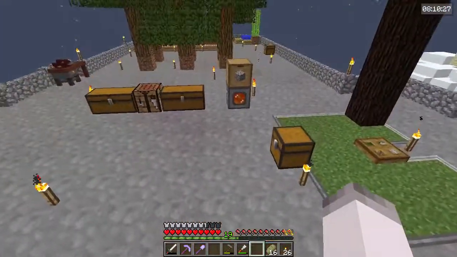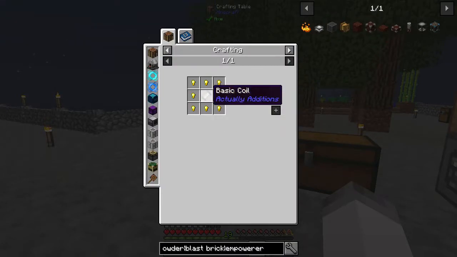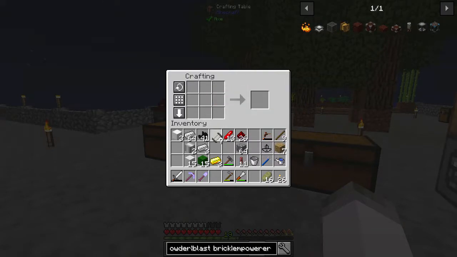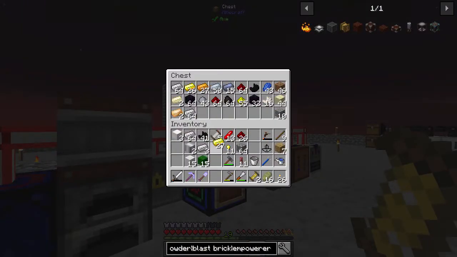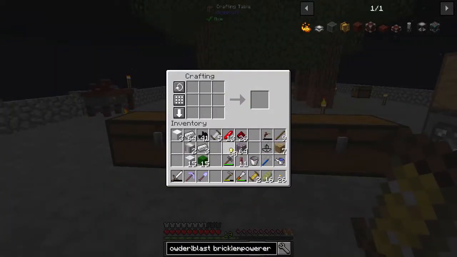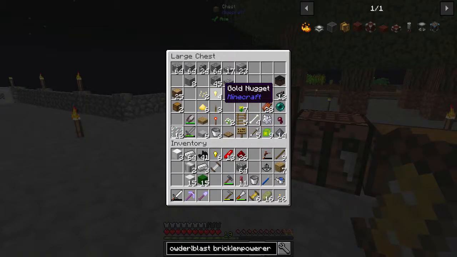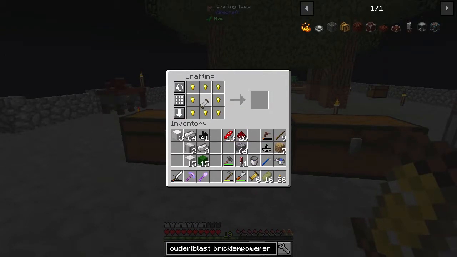So with that taken care of, we need 5 advanced coils, and those require advanced coils as well. So we need a total of 7 advanced coils, and that means we need a little bit more gold. That should be about enough. Alright, so once we get this, we need just a little bit more gold nuggets. Do I have 3? I do. Actually, I just need 2. Alright, with that done,